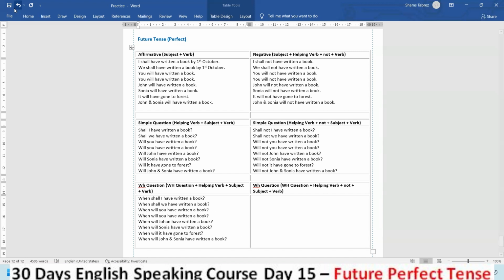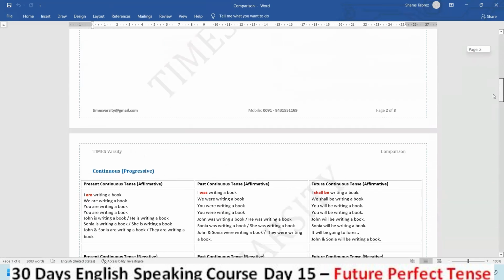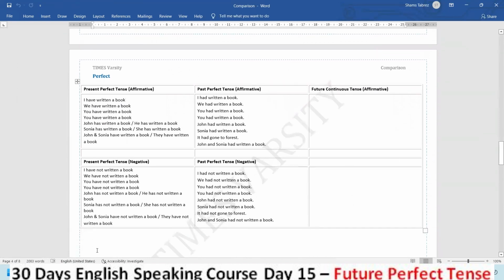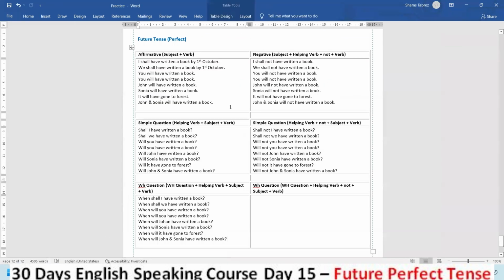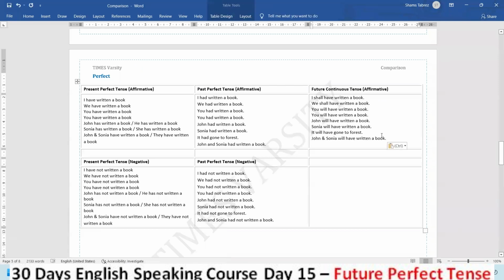Okay, so this is how you can make. Now let's do comparison. So for perfect tense, here is perfect tense. Copy this one. So here, future continuous tense affirmative sentence. So here you can see,